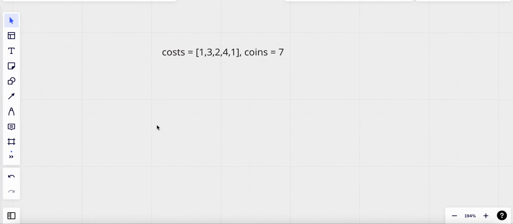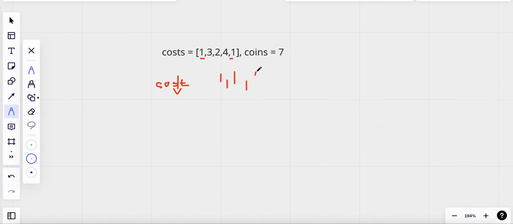So using a brute force solution, what would we do? We need to buy the maximum number of ice creams, right? Which means that we need to buy the ice creams which have the least cost. So which are the ice creams that cost the least? Let's arrange it in ascending order. So we have something like this. When we arrange it in ascending order,